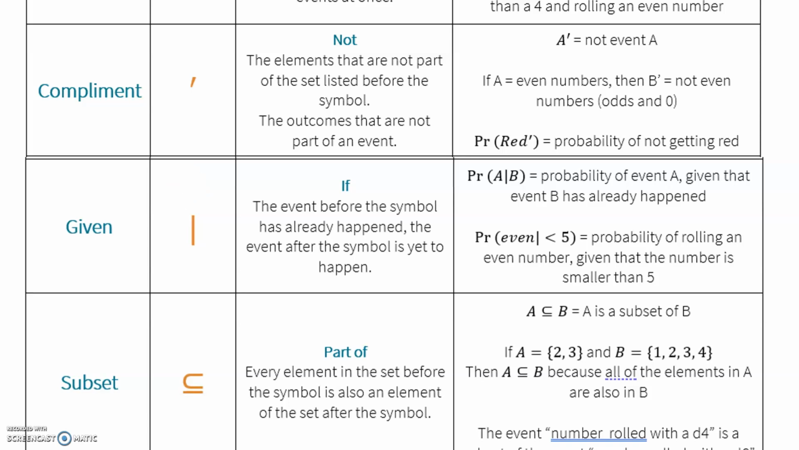Okay, so the event before the symbol has already happened. The event after the symbol is yet to happen. So this is to specify that something has already happened, and we usually want to know the probability of the other thing. So this one says probability of event A,